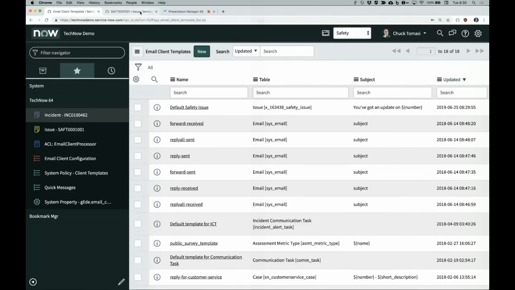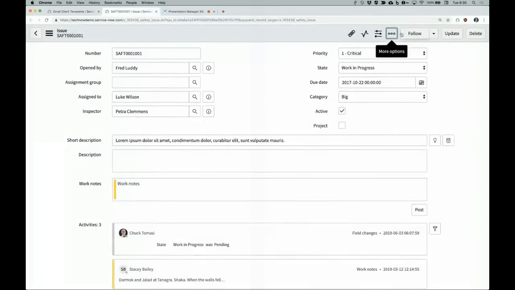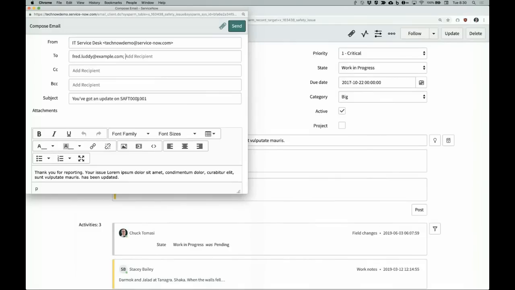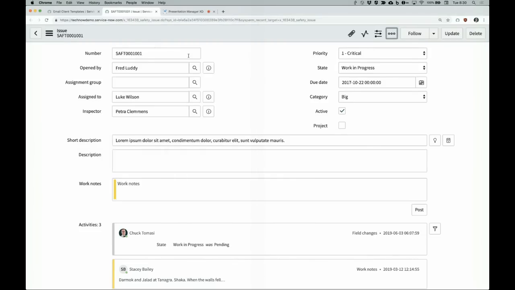I go back to my safety record, open the client, and I should see a couple of things in here. A new subject: you've got an update on... Thank you for your issue. I've got the Latin in there. I know that's working, and we're getting close. So we've got a little bit of content configuration through those email clients. Very easy to do. The other one, see how it defaults to this SMTP address,